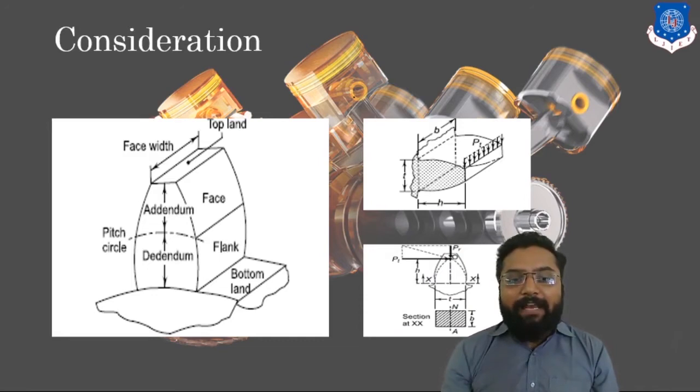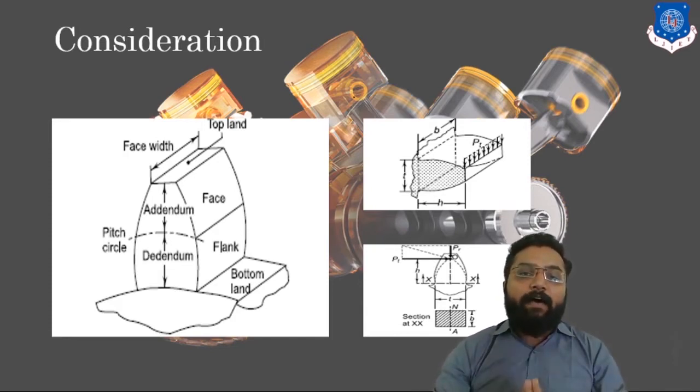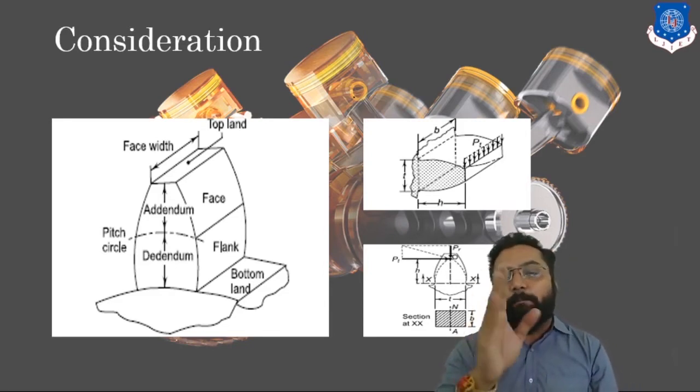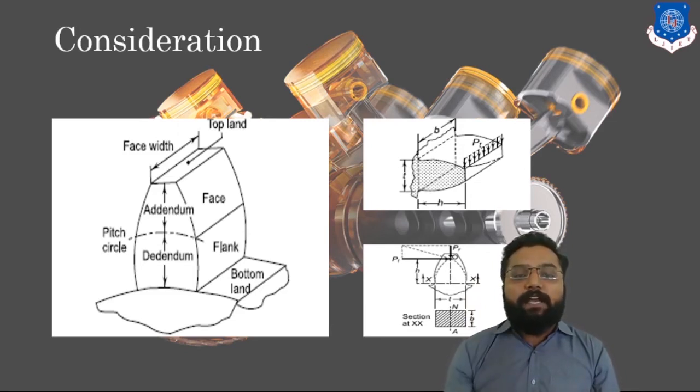We have to design our gear for these two criteria. So our criteria should always be to design it for bending stress as well as compressive stress. In compressive stress, it will show a good amount of strength against forces. But in the case of bending stress, it will always tend to be vulnerable. Clear? So let's discuss the different types of stresses which act upon our gear.